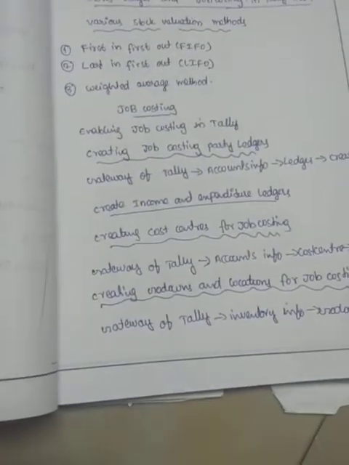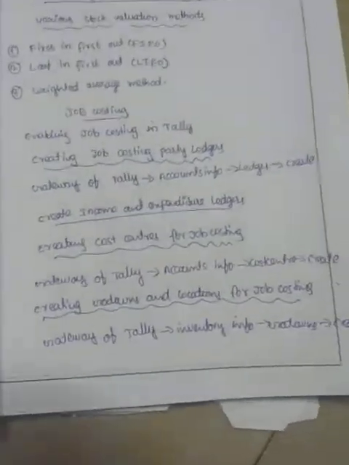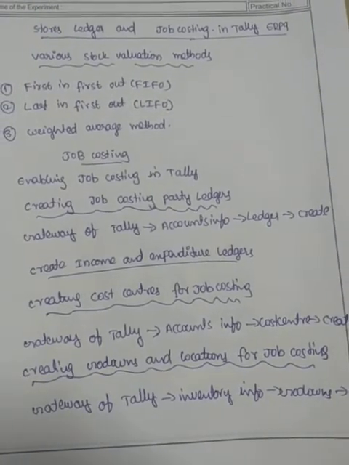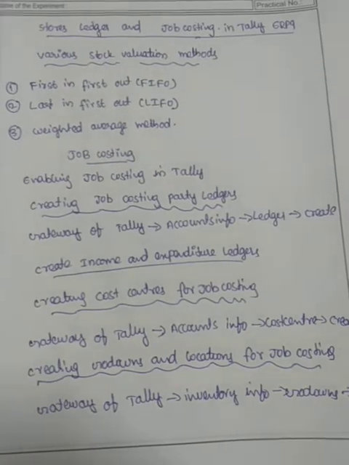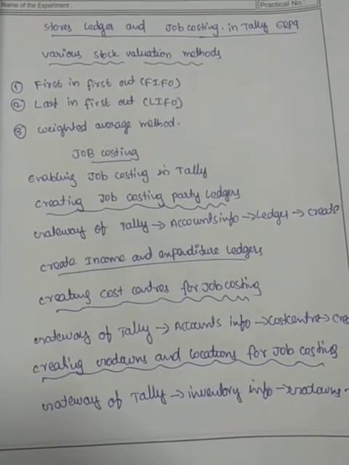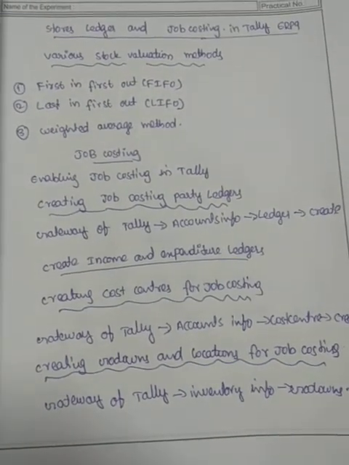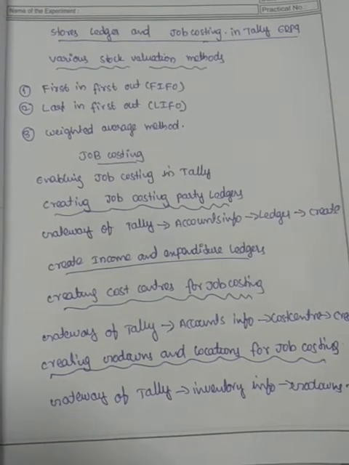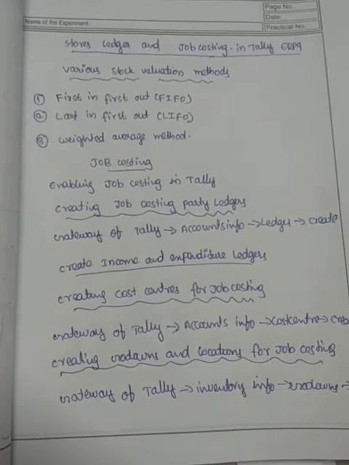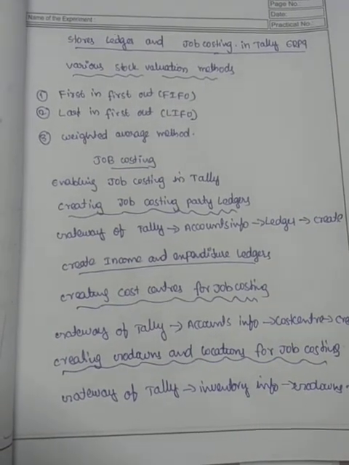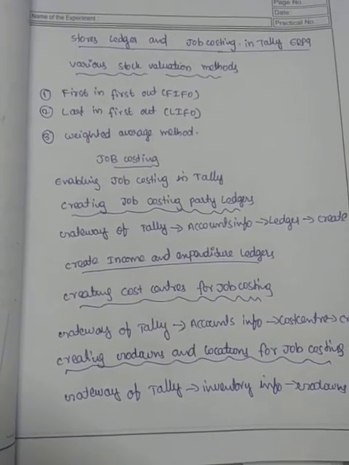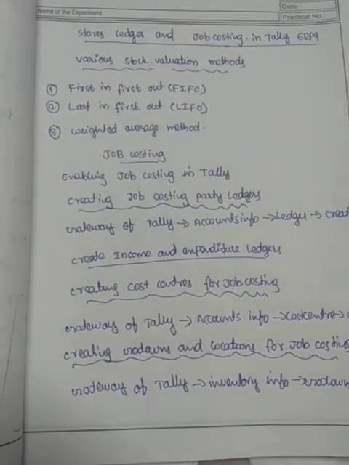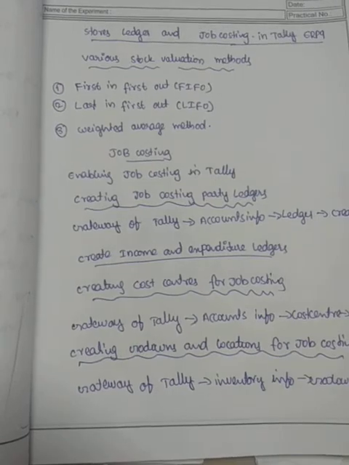Then after creation of godowns, we have to create voucher classes for the stock journals and post the required vouchers in accounting vouchers. So accounting vouchers means purchase voucher, payment voucher, journal voucher, stock journal. Use stock journal to enter the godown transfers and stores as well as for consumption.